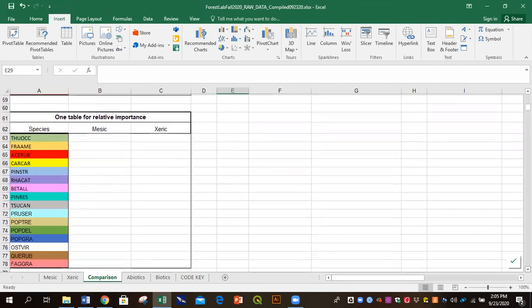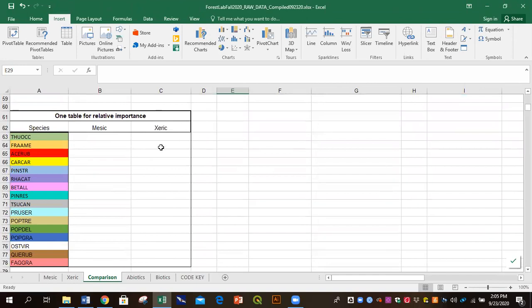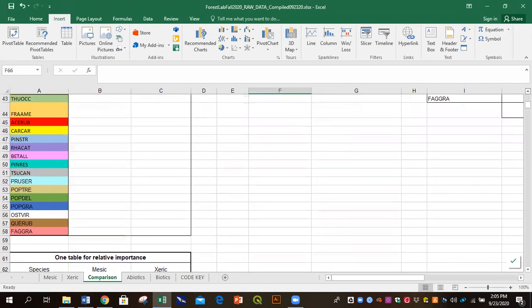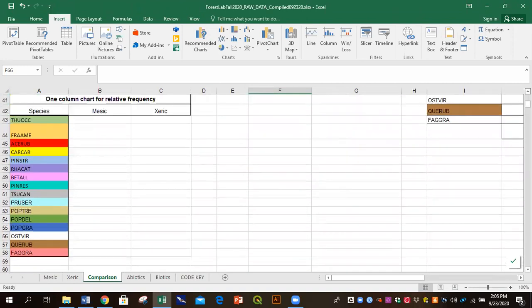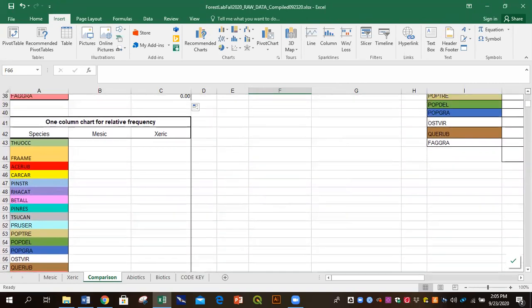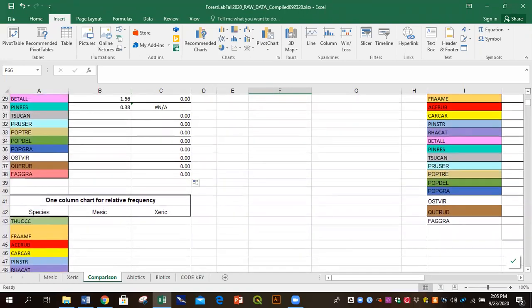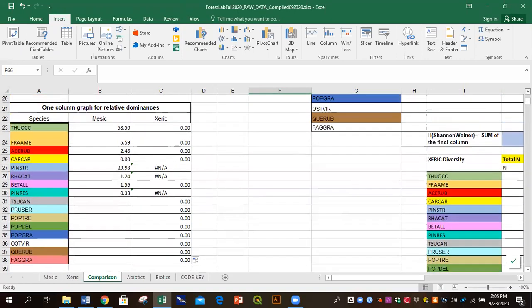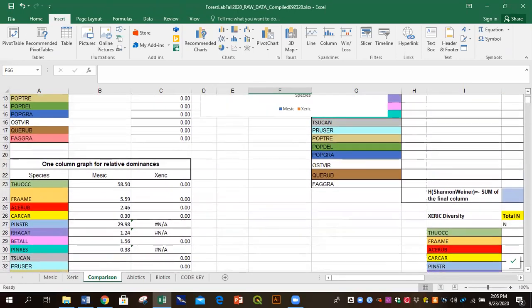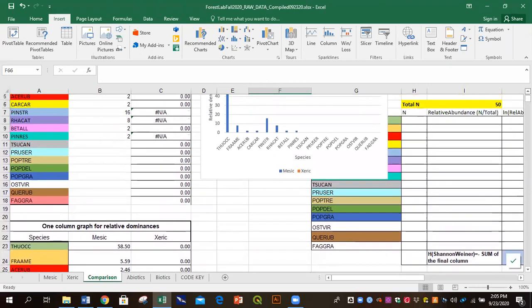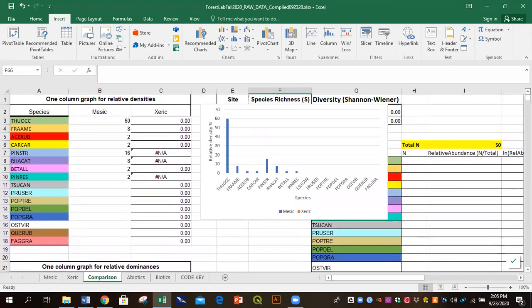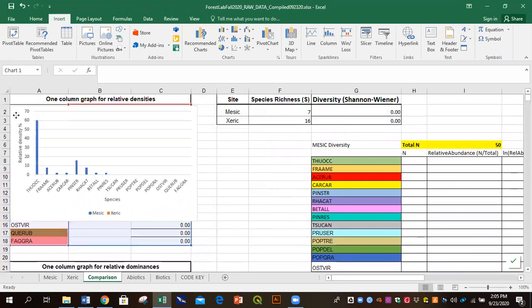You guys cool with that, or do you want me to walk through that again? Are you feeling confident with that step with the VLOOKUP? Yeah, kind of. Okay. All right, so not to belabor it, and because you can pause the video as you're going, if you have somehow forgotten the equation, I will skip over that. Just know that we're expecting you're going to have a graph of those relative densities, relative dominances, relative frequencies, and relative importance there, okay? I'm going to scoot this graph over